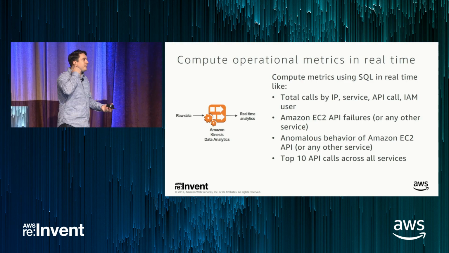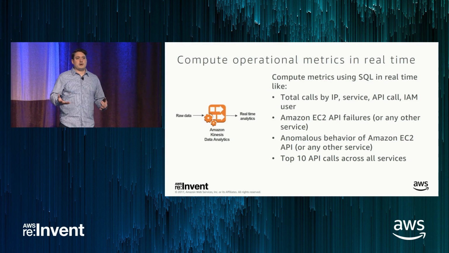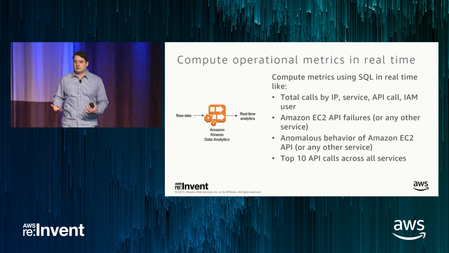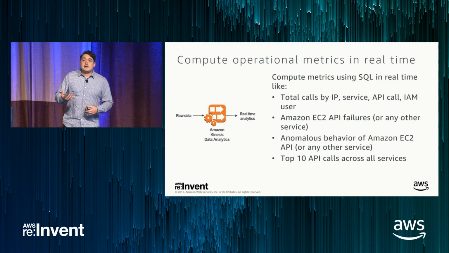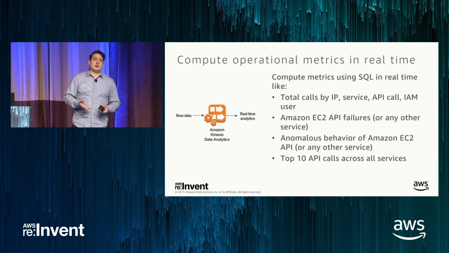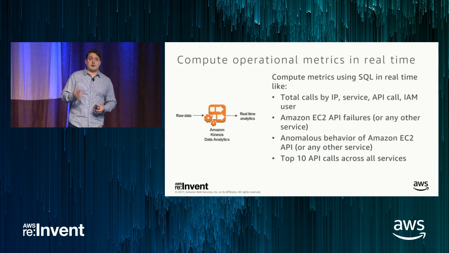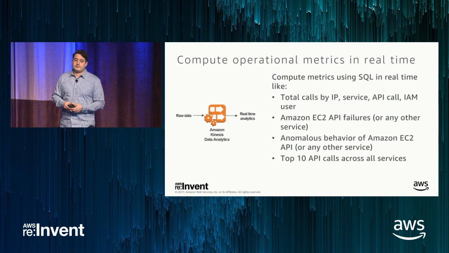This is very useful information about what you're doing within your AWS account. There's a lot of different patterns for how to analyze this data. The pattern that we're going to talk about today is how to process it using Kinesis data analytics using SQL code. Some of the metrics that are useful are things like the EC2 API failures. So are you continuously making an IAM error when you make an EC2 call? Detecting that type of thing.